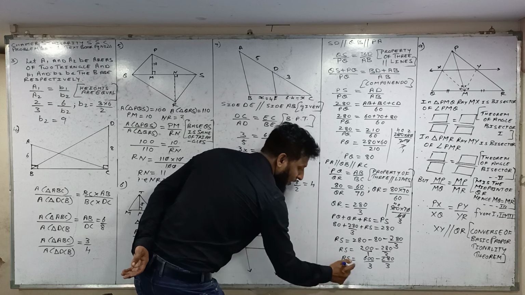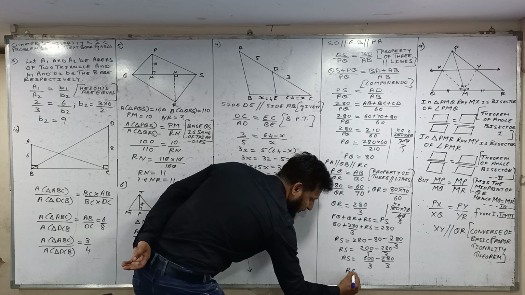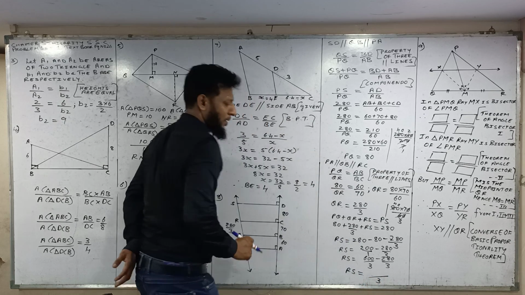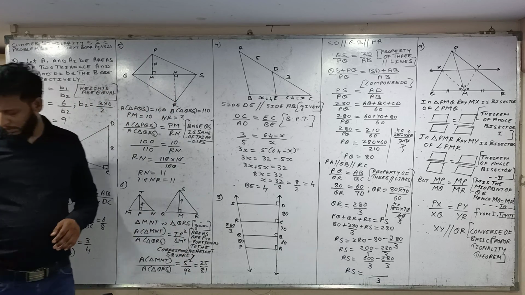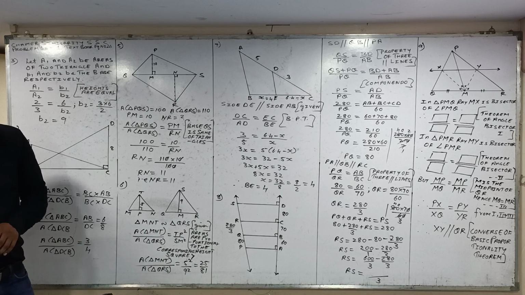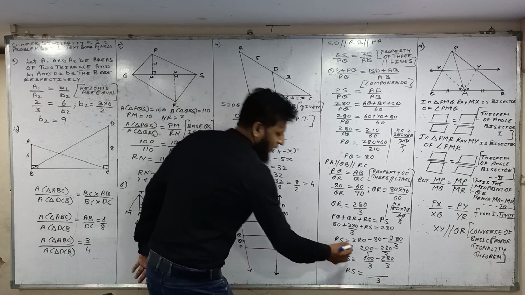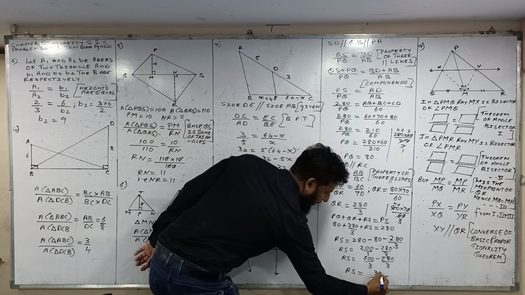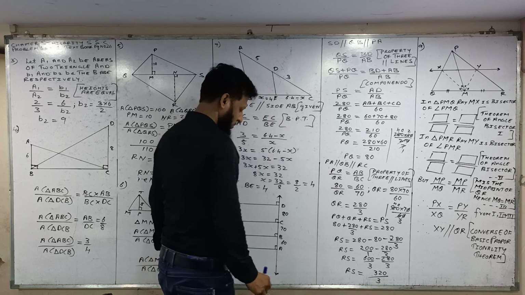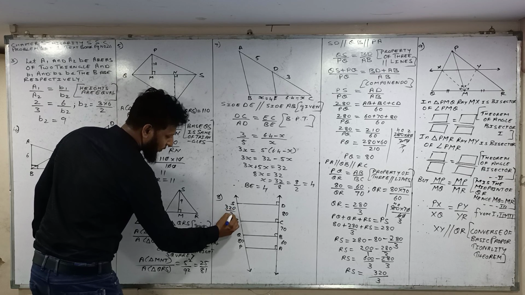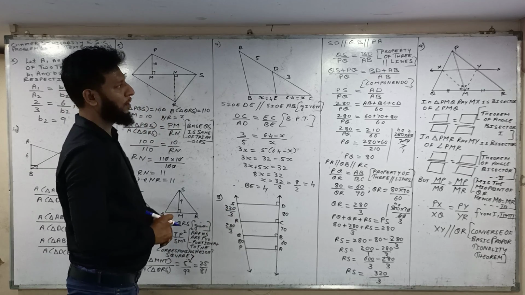Therefore RS is equal to 600 upon 3, denominator 3 as it is. 600 minus 280 will give you the value 320. So 600 minus 280 is 320 upon 3. So the value of RS is 320 upon 3. Okay, so now next,